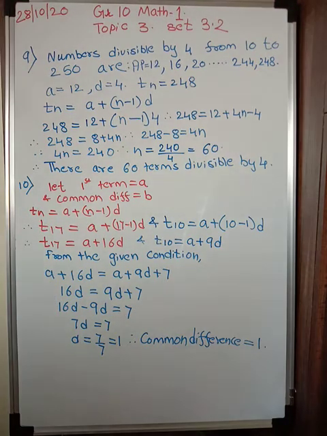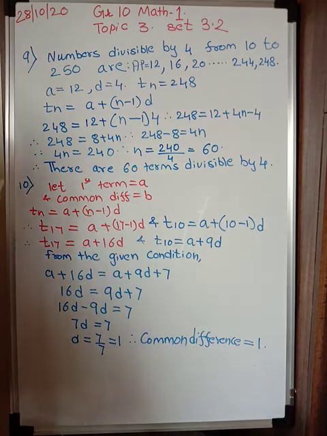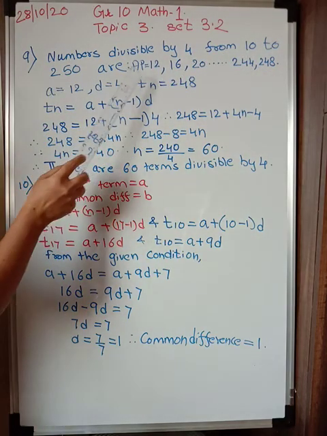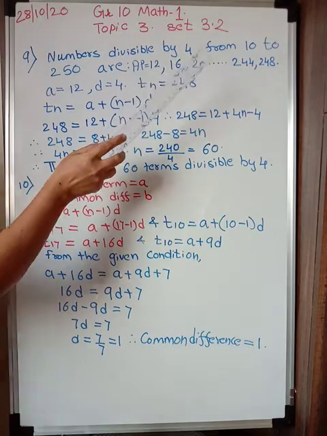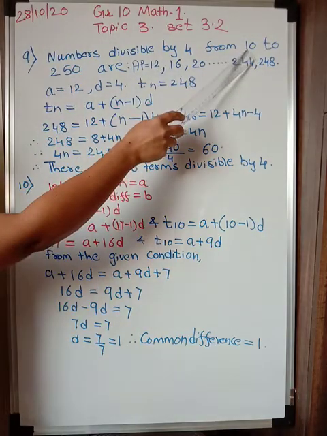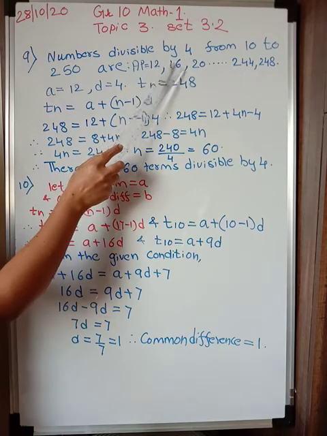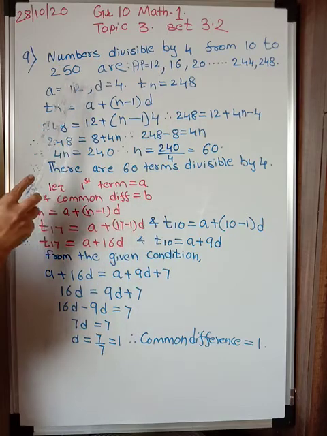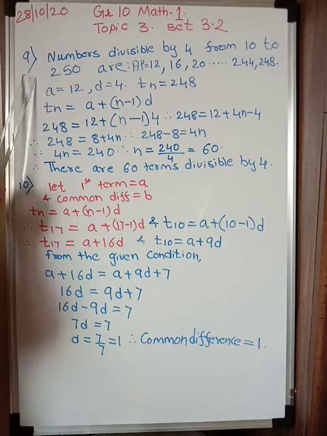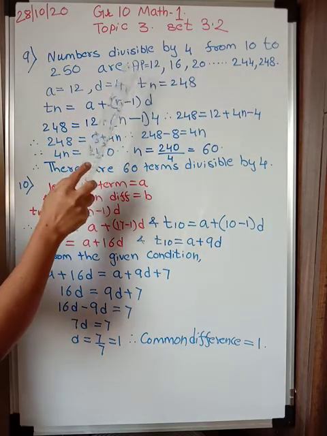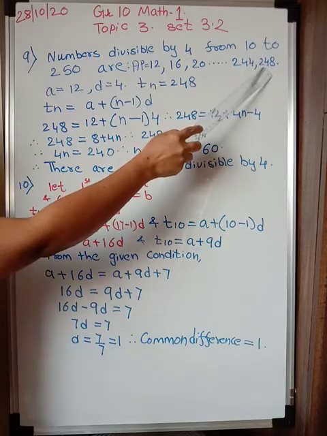Now a similar question we have done earlier also. If you remember, how many are divisible by 5, which we have done, isn't it? So it is similar to that. So we have to find the first number divisible by 4 from 10 to 250. Your AP will be starting with 12 because between 10 and 250, 10 is not divisible by 4, 11 is not, 12 is divisible. So your first number will be 12, and with a gap of 4 if you go on writing, at the end, 250 is not divisible by 4. Before 250 is 249, that is also not divisible. Before that is 248 which is divisible. So your first term is 12 and the last term is 248.